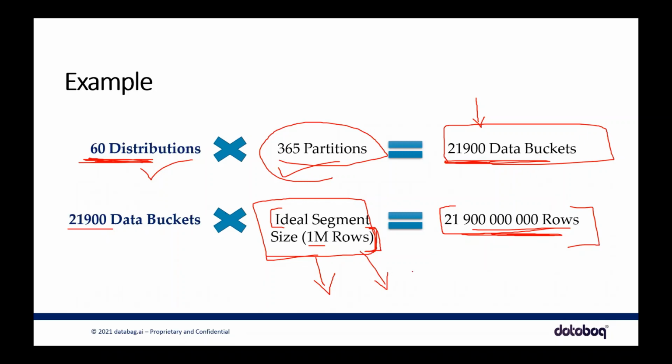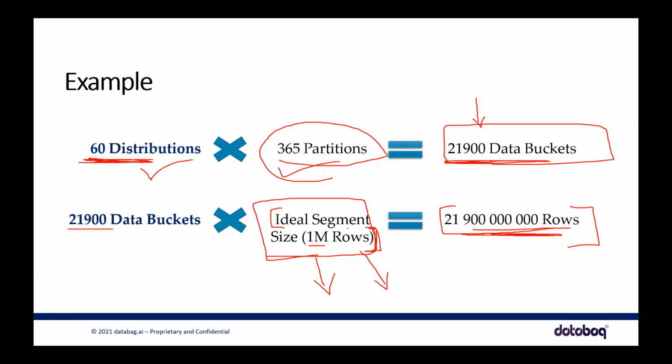Okay. So what they are trying to say here, maybe that's my understanding, is that whatever the distribution or partition you are creating, make sure that you have only 1 million rows in it. If it exceeds more than 1 million, again, you'll have performance issues. So try to limit that distribution or the table, like I said, even distribution, to 1 million rows. That's like an ideal segment. You can have more than that, but again, it will have a performance issue.